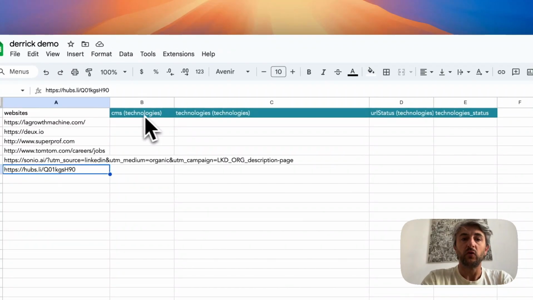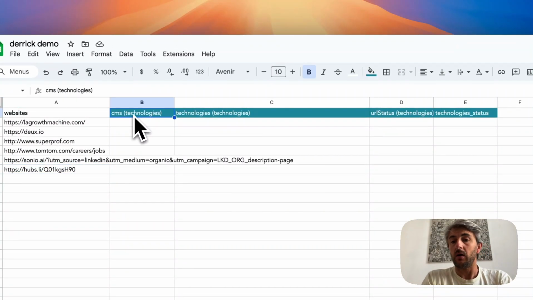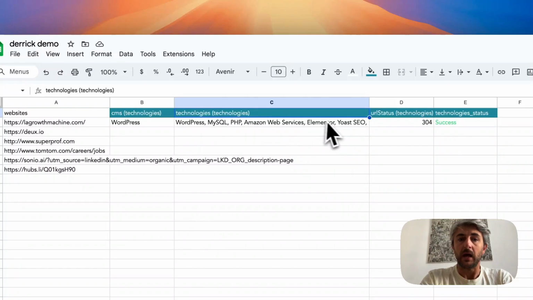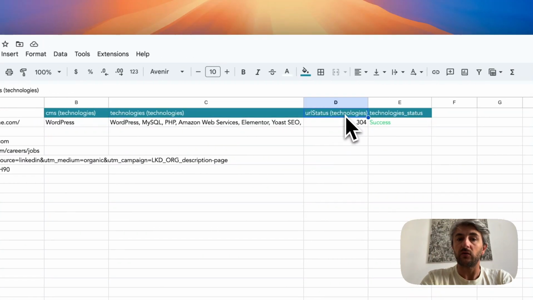You will get the main CMS. That's the most useful information to segment your lead database, and the complete list of technologies for the website list that you inputted. In the third column, you get the URL status, the status that we got when our robot